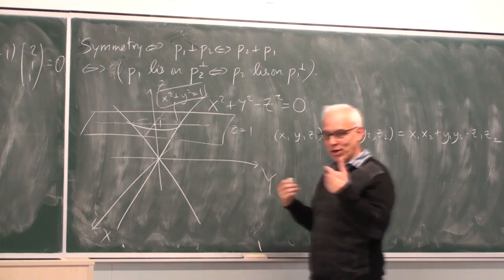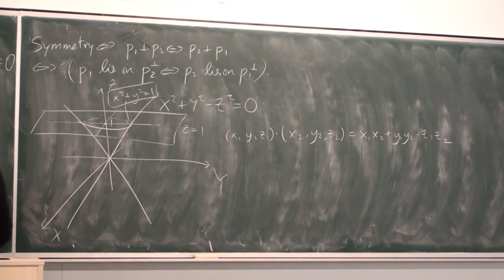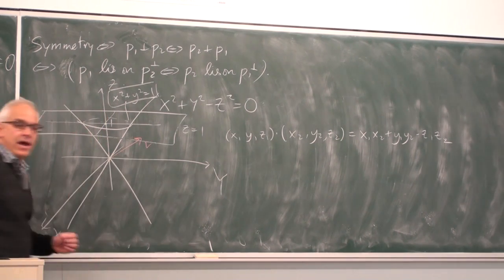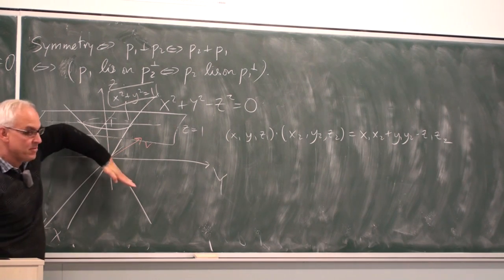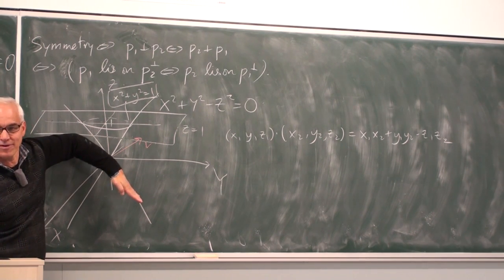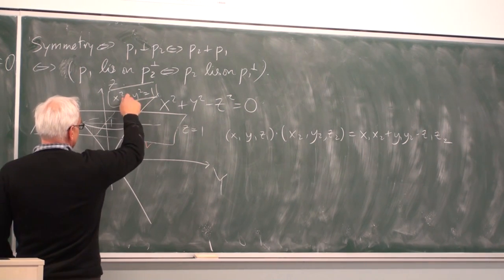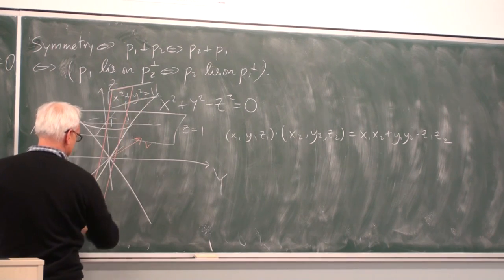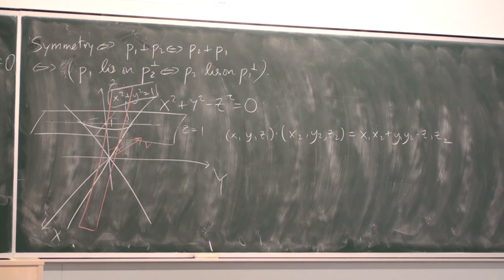What does that dot product look like? Let's say you have a vector. What's the perpendicular plane for it? So if I choose a vector like this, and ask what are the vectors that are perpendicular in this sense to that vector, I'm going to get a plane. But the plane is not going to be perpendicular in the usual sense. It will in fact be sort of symmetrical. So this is actually what that normal plane looks like.